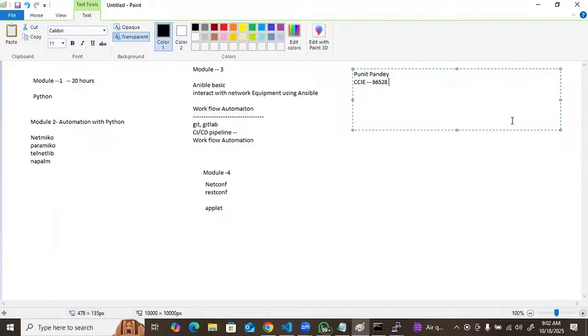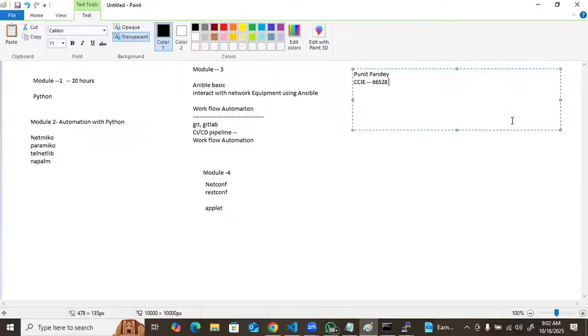That will be around 50 to 60 hours in total. Minimum 60 hours of sessions will be there, and it is going to take a minimum of 2 to 3 months. It will be 2 hours a day in a week, so actually we'll make it 2.5 hours. So 5 hours in a week, around 20 hours in a month. So it will take a minimum of 2.5 to 3 months to complete the entire automation. You got the point, guys?